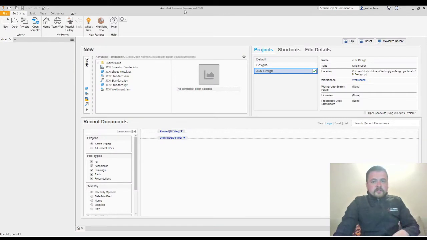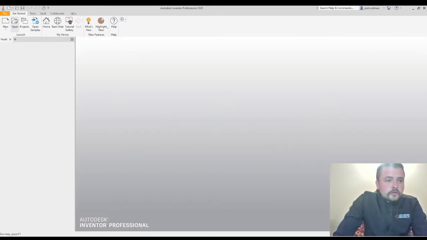Okay, so to start off, you'll open up Inventor and you'll see this page. So all you need to do is click on New and go on to sheet metal, and as you can see the units are millimeters, but in other episodes I've shown you how to change from millimeters to imperial. So we'll click on new part,